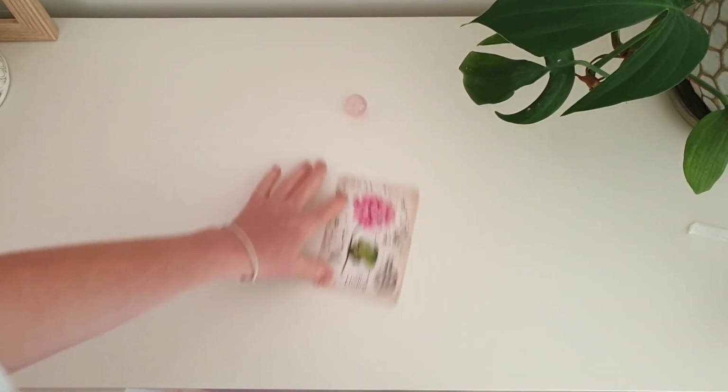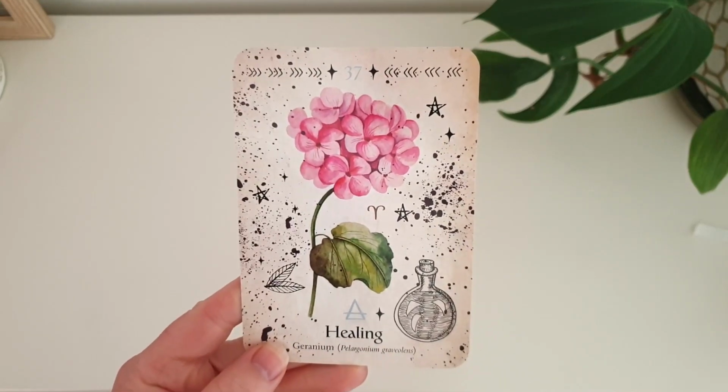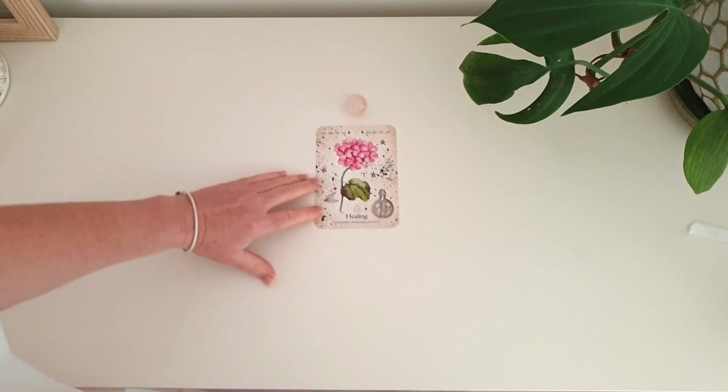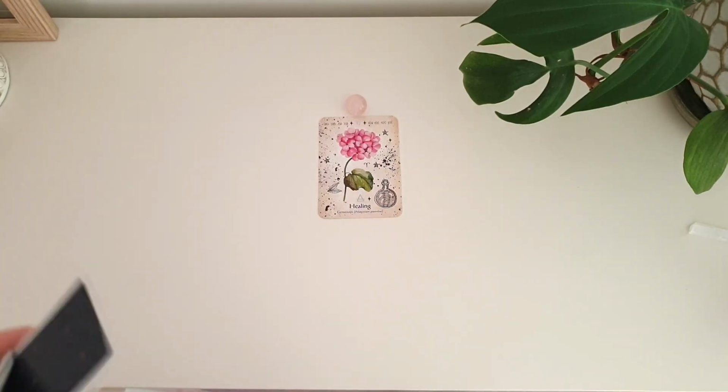Hi there, pile number 2. Here we have healing and geranium. And we also have the Aries symbol. To me, this is really talking about you being proactive, you making a start, you getting the ball rolling, really realizing that it's time,